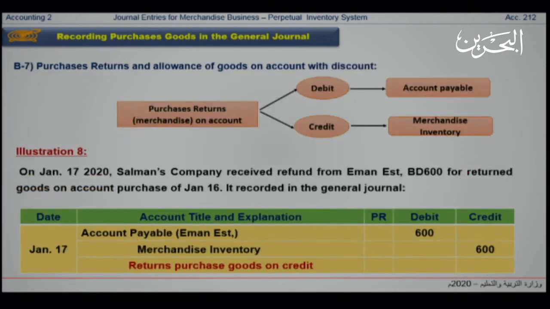Shifting to the purchase return and allowance of goods on account with discount. In our example, Salman Company received a refund from Iman with an amount of 600. How can I write this refund? And the refund was on account. If I received the refund, my liability will decrease with